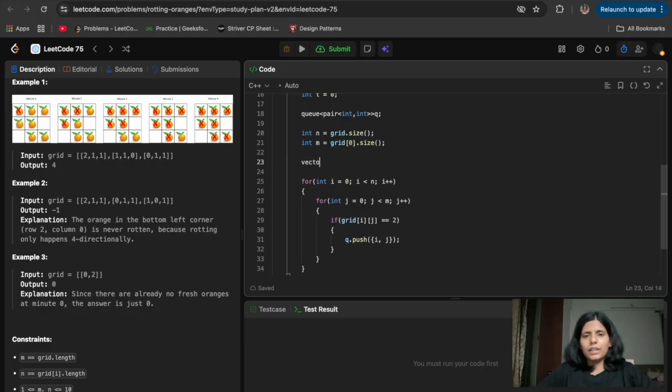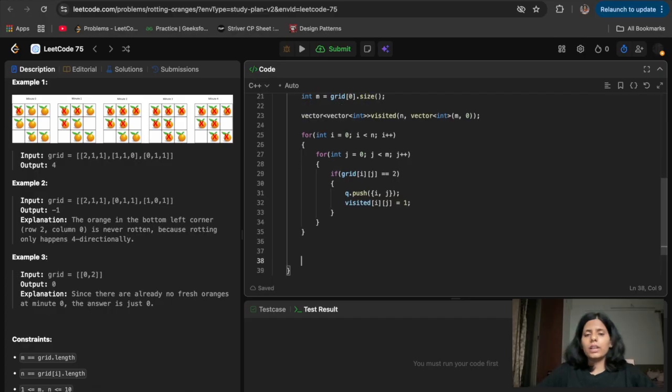So first we will create a visited vector with n by m, the same as the grid. At first I haven't visited anyone. While pushing in the queue, I will mark visited ij as 1.